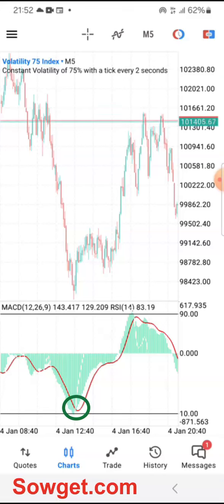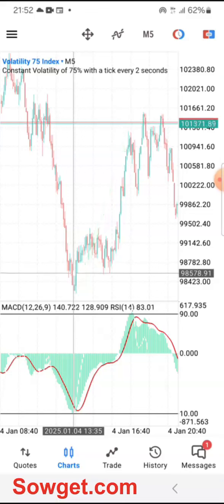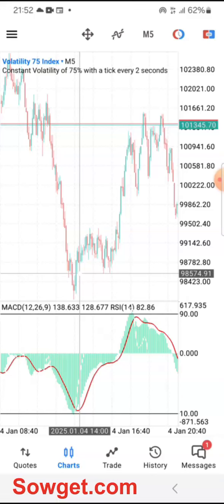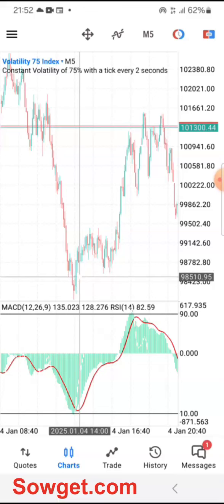Then you just quickly take a trade for buy. Okay, as you can see on my chart, at this point the MACD histogram green area touches the oversold level of the RSI. Then if you notice that at this point the crossover occurred with the MACD signal line, which is the red color line. Once you notice the crossover has occurred at this point, then you can enter a buy trade